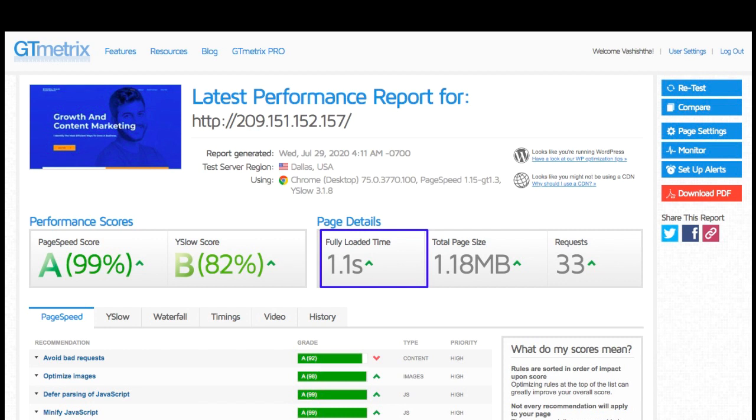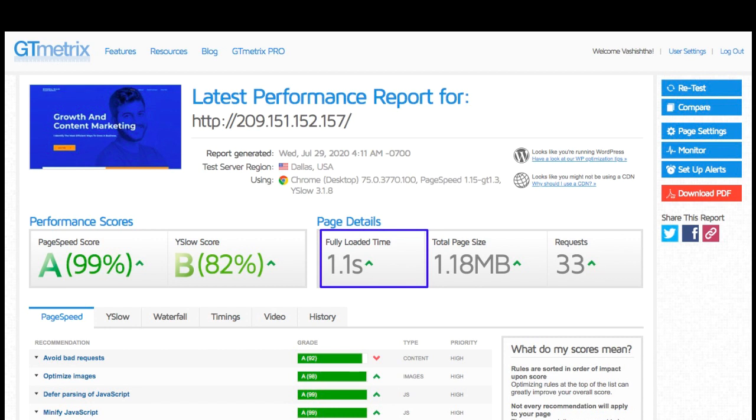So guys, as you can see in this screenshot, I have imported a test website which supports Elementor on the very reliable theme framework called Astra. As you can see, the performance grade is 99% on GTmetrix, which is a very good sign for a WordPress site to perform well.